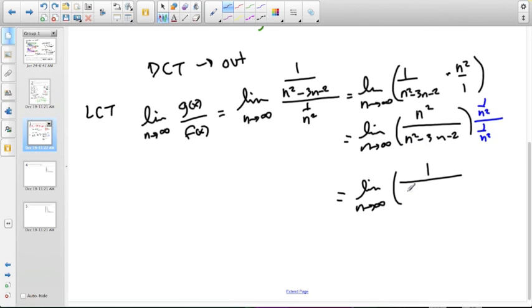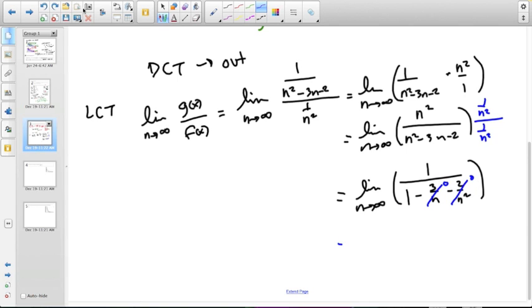n squared times 1 over n squared is 1, minus 3n over n squared is 3 over n, and 2 over n squared is 2 over n squared. And so we no longer have an indeterminate form. As n goes to infinity, this goes to 0, and this goes to 0, so we're left with 1 over